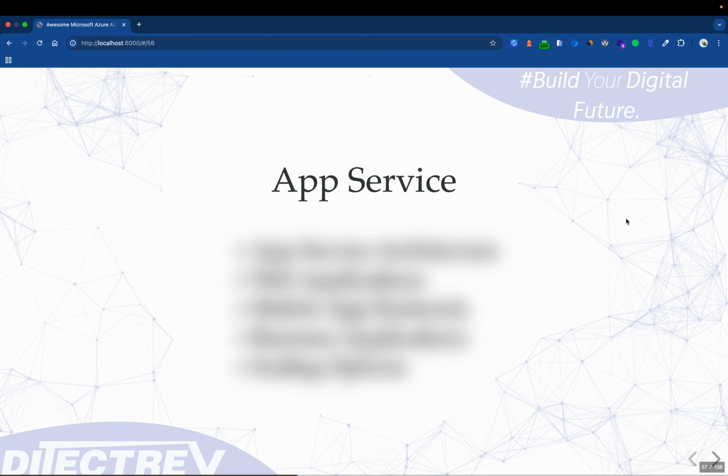That's why you would often hear about that. It supports multiple programming languages and frameworks. It has also pretty extensive CI/CD and DevOps capabilities, and